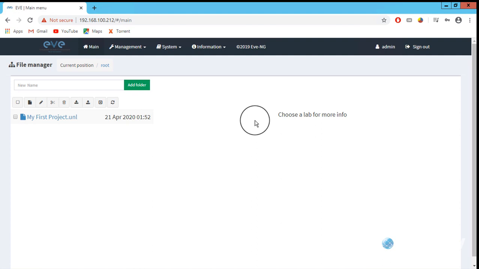So inshallah, in the coming video I will show you how to download images and how to import them, and we will create our first lab. I will show you how to use Cisco layer 2 images and layer 3 images. I will also show you how to import firewalls, workstations inside EVE, and servers. You can do a lot of things with this EVE. There are a lot of options available.